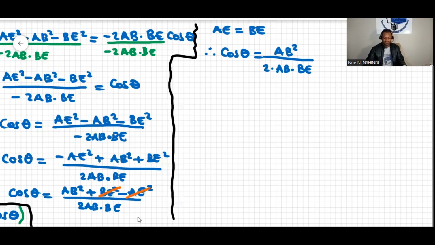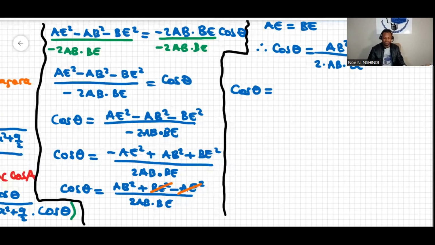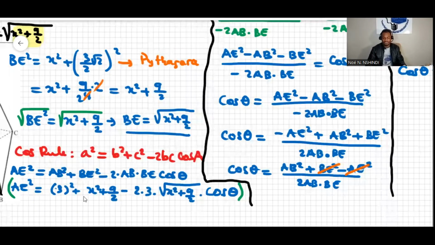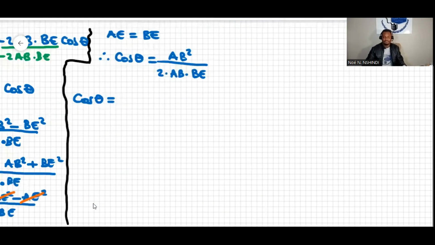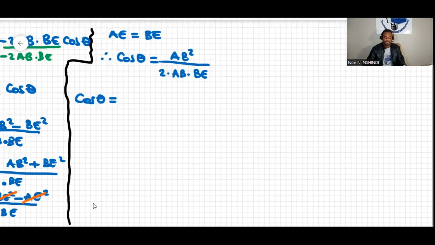Now we can substitute. I prefer to substitute from here instead of having large numbers as I tried to do previously, because there is going to be a lot of calculations involved. So over here, we are left with AB squared over 2AB times BE. Now again, we can simplify AB squared with AB,